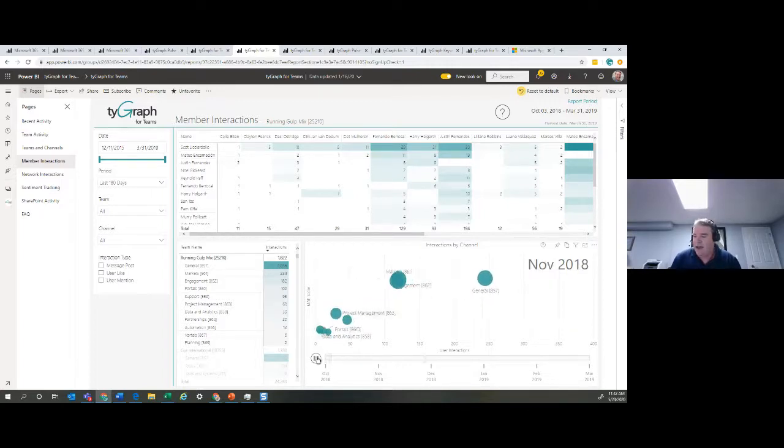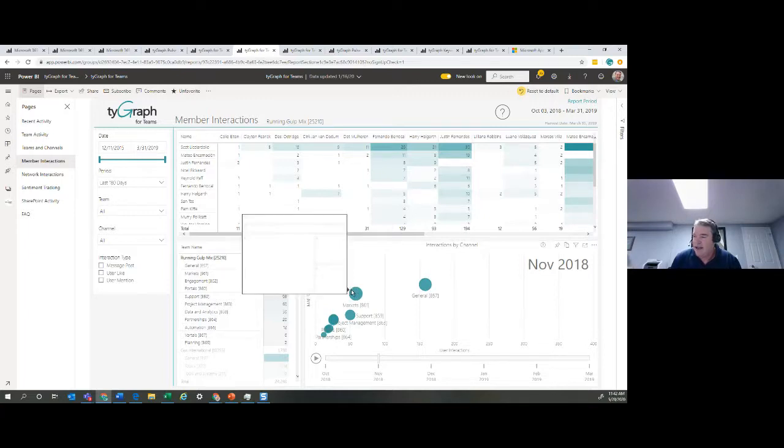The other thing that we do is take a look at activity over time. Where this became really interesting for us, as an example, is looking at some of these nodes, because your channels are often named according to what's happening in that channel. In our case, we're shipping products, so we have Diagraph for SharePoint, Diagraph for Teams, etc. And we saw this massive spike as we were getting towards a launch cycle, and after launch, it died down quite a bit because we started working on other parts of it.